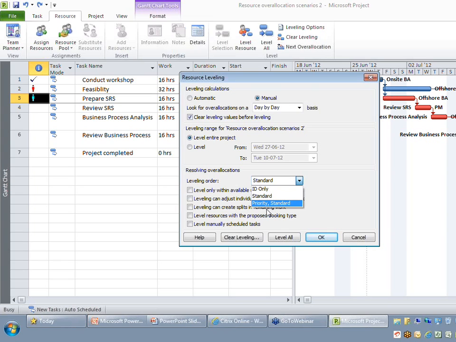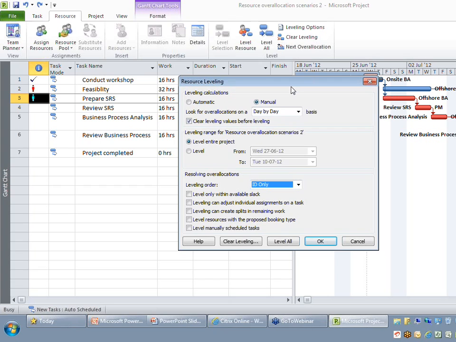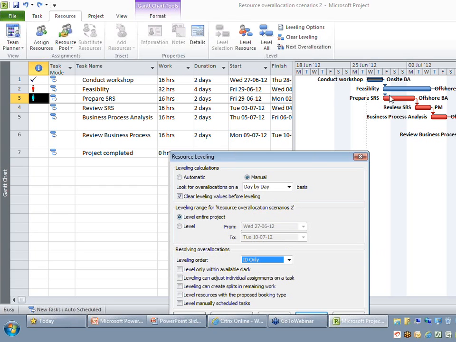Now, if you look at the three values in this drop down, it says ID only, standard, and priority, standard. When you say ID only, what Project does is, when you have two parallel activities, the task that comes last will always be delayed. In this example, you can see there are two parallel activities, feasibility and prepare SRS.